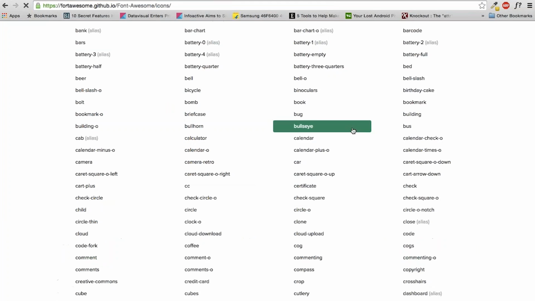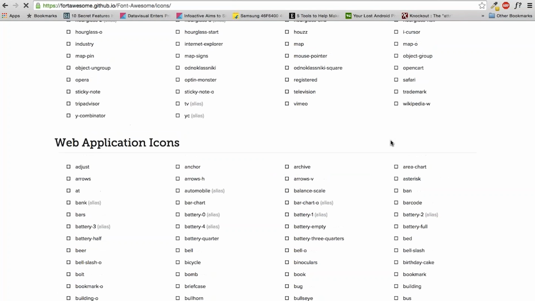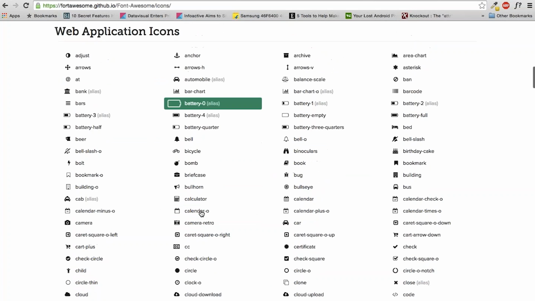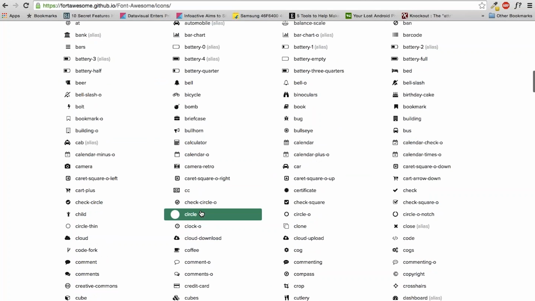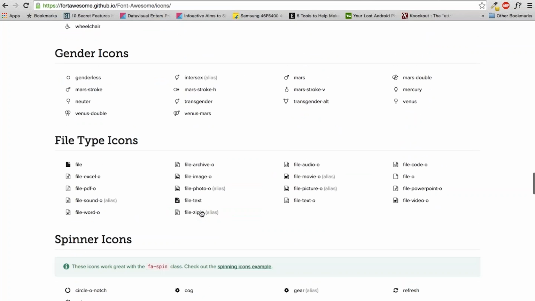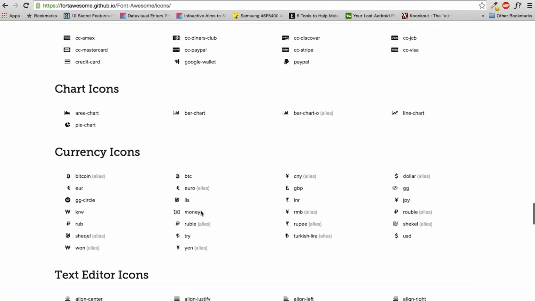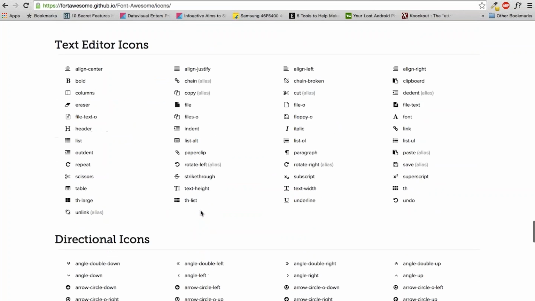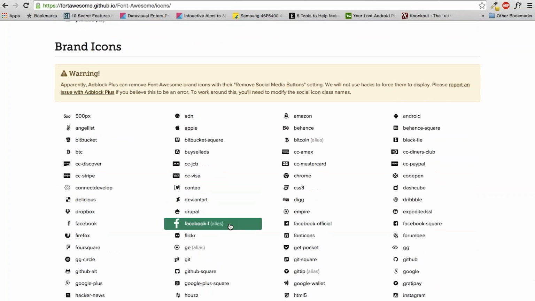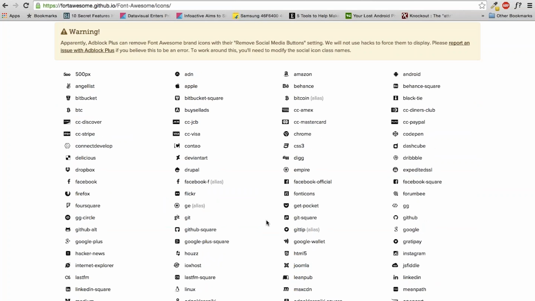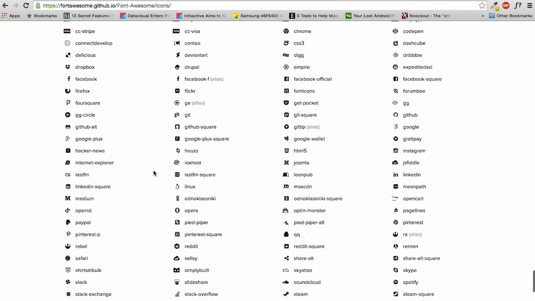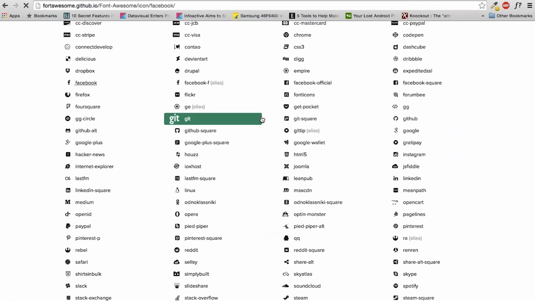So you can use this particular font to create these kinds of images. You can see a Facebook icon.